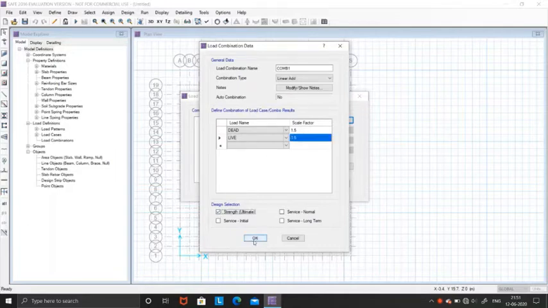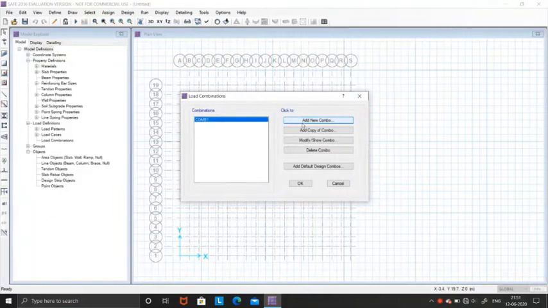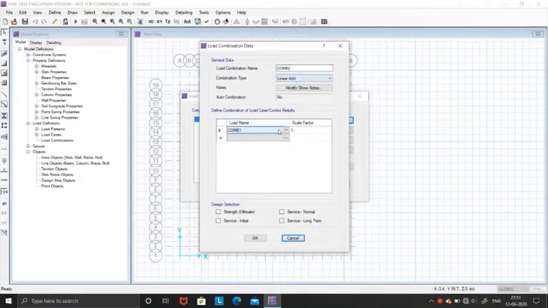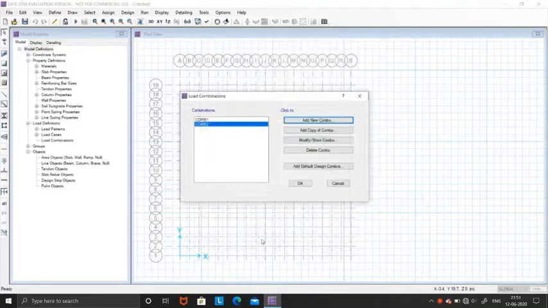Strength ultimate. Okay, and add new combo 2, and here dead and live load again, and these values are 1 and 1, and tick on service.